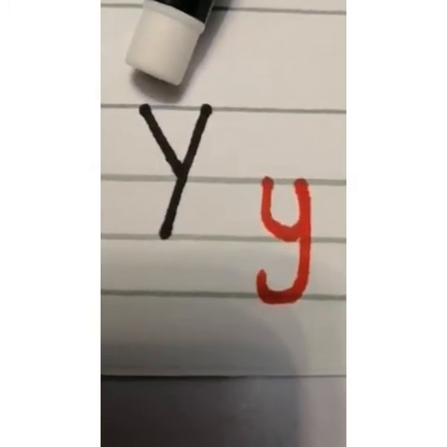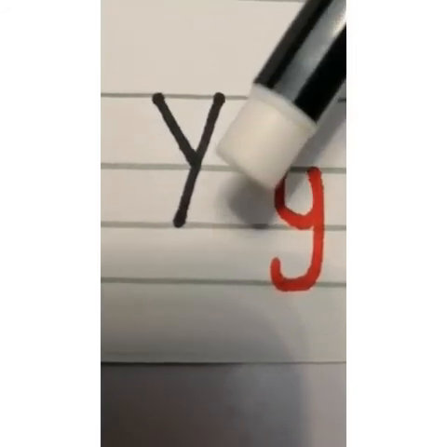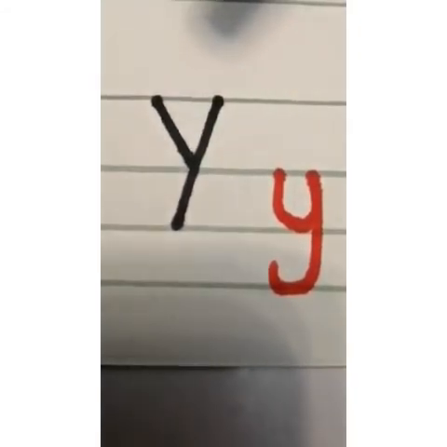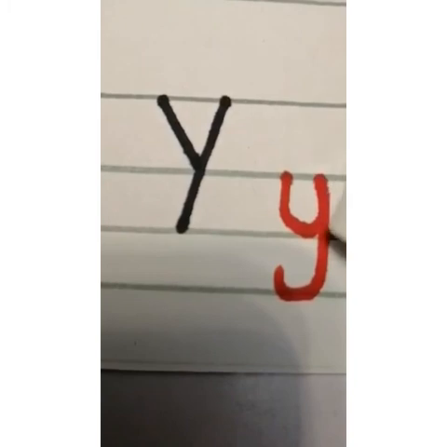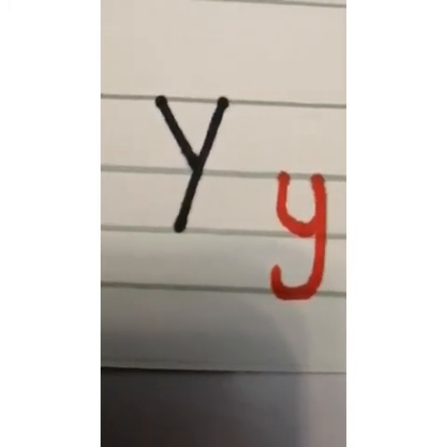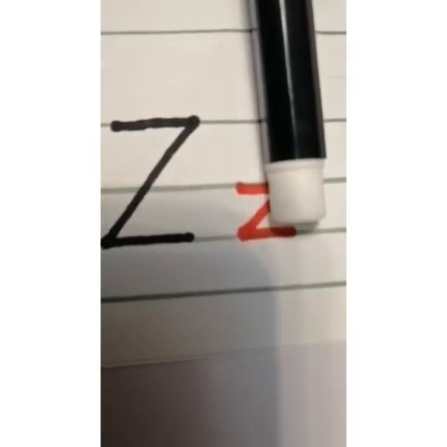Start it from the top and make a line down to the right and stop on the upper grass line. Now go back on the top and draw a slant line down to the lower grass line. Y. And for baby Y, make a U, go down and turn. Make a horizontal line towards right. Now go down a slant towards left and make a horizontal line towards right. Z. And similarly we will write baby Z in upper grass line and lower grass line. Horizontal line, slant, horizontal line.